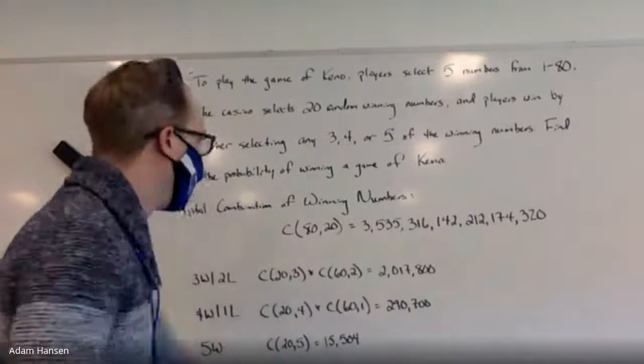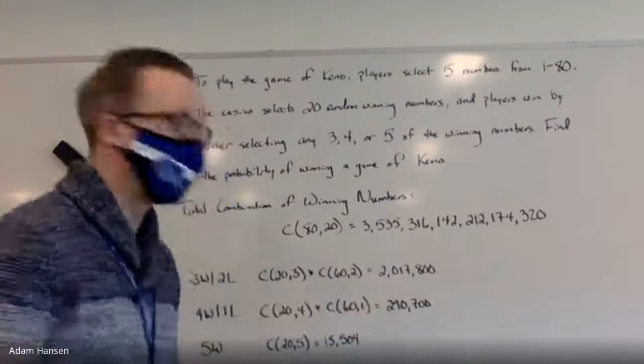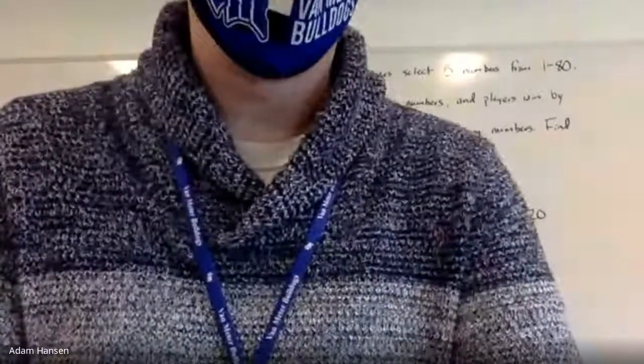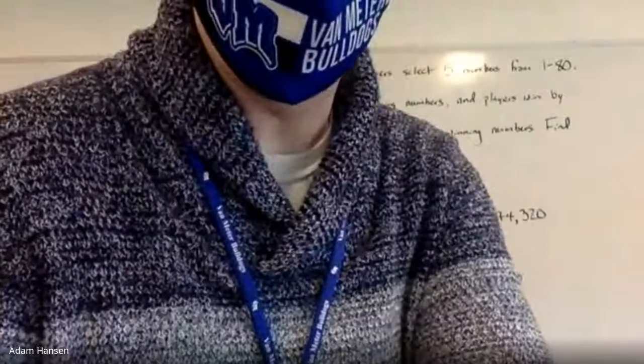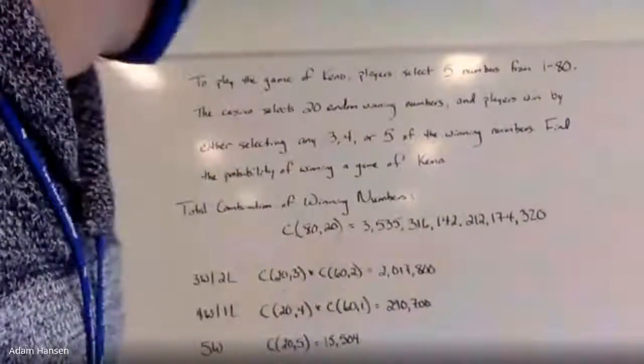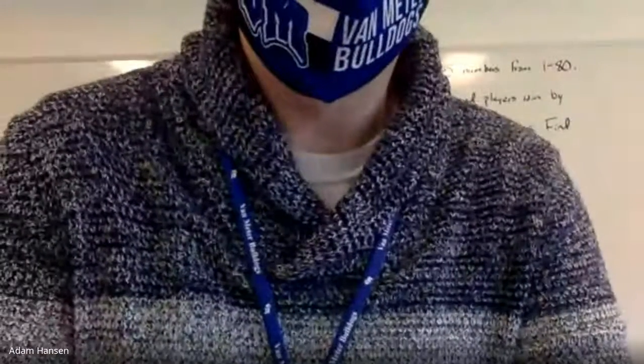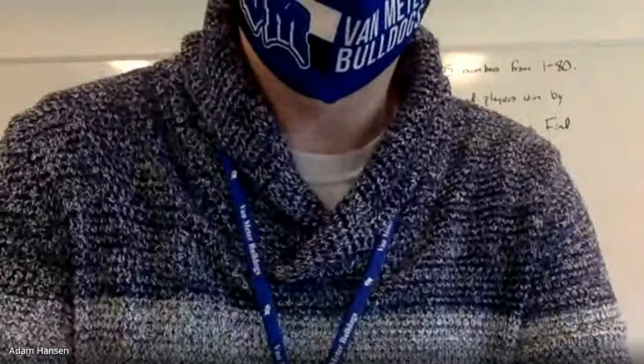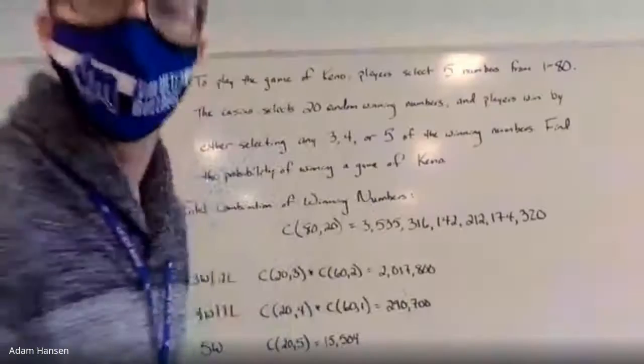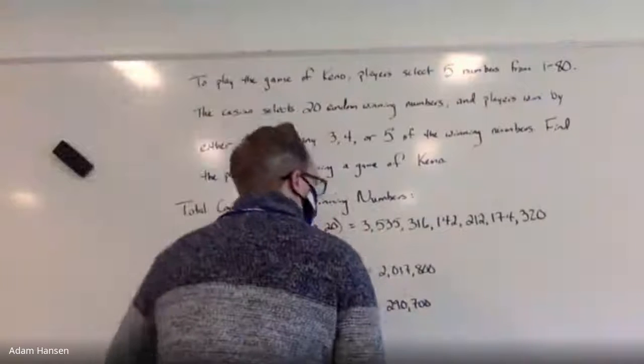So all told, there are this plus this plus this number of ways to win. Let me add those up. We have 2,017,800 plus 29,700 plus 15,504. So 2,062,... divided by